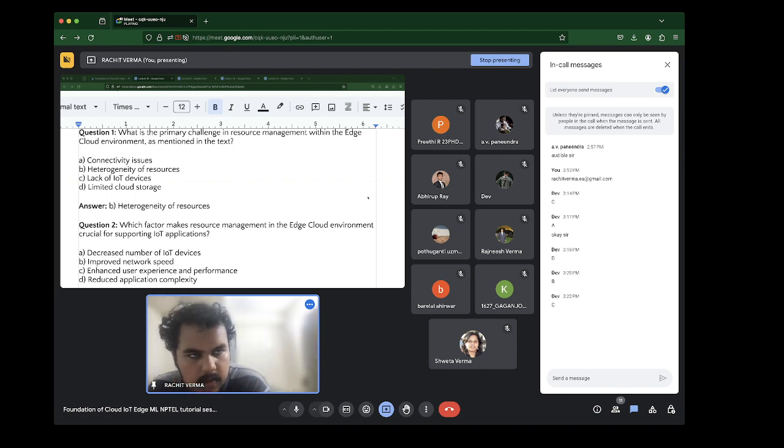Any responses? Okay, Dev has said C. So yes, C is the correct answer.